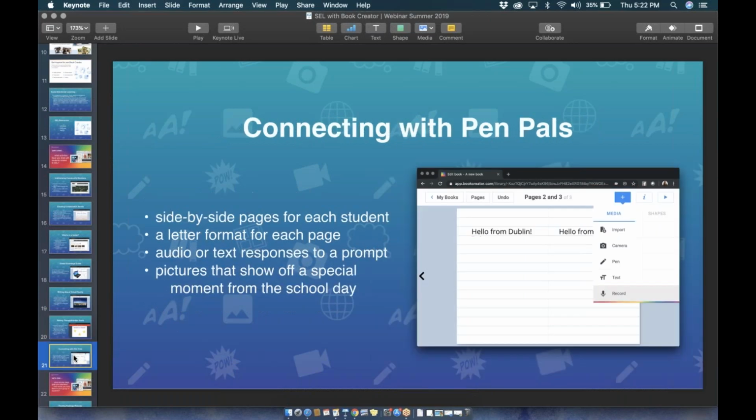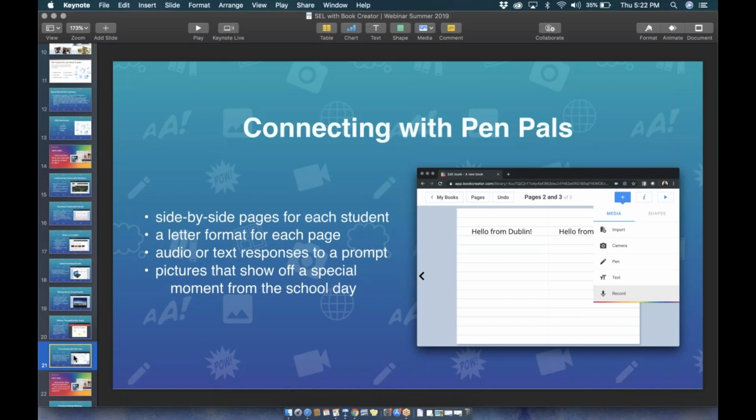The next activity on our list is having students connect with a pen pal. Now, what's really special about Book Creator and the teacher dashboard is that a teacher can create a library, then gets an invite code, and they can give that code to students to jump into the library. So you might partner up with another teacher in a different part of the world. You might set up a library so that you are both co-teachers in that library. You might invite your kiddos into that library, and then they can be virtual pen pals side by side on a page like this layout in Book Creator.